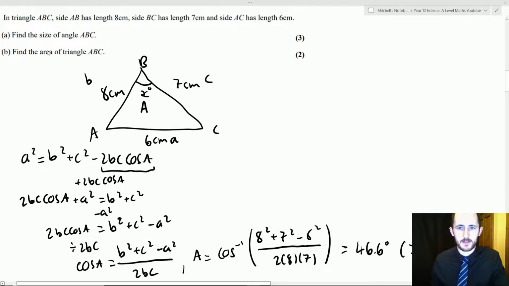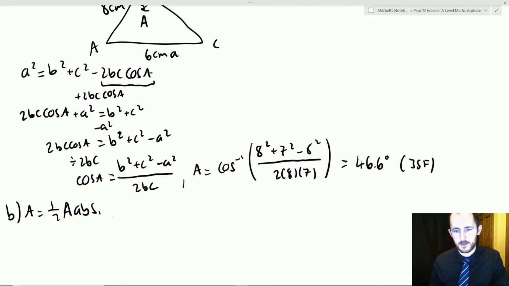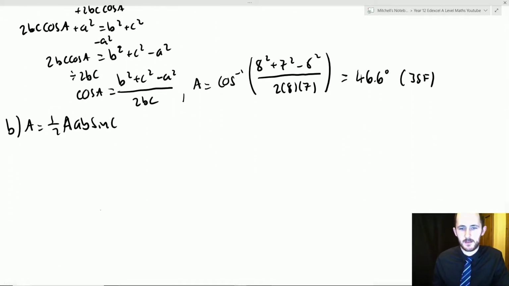And lastly, all you need to do is find the area of the triangle. So again, all you need for the area of a triangle is a half AB sine C. So all you need is 2 sides and the angle between them, which we now have because we worked out the angle between 8 and 7. So the area